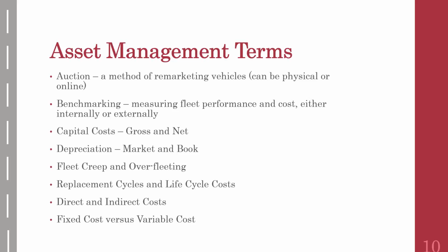And we have depreciation. There are two types of depreciation in the fleet arena. Market depreciation is the change in fair market value of the vehicle over its life. So if you buy a vehicle brand new and it's $20,000 and you get rid of it after 5 years and it's $10,000, you have a $10,000 change in fair market value. Now we have book depreciation, which is different from market depreciation in that book depreciation usually is an accounting term that describes an amortized amount of depreciation every month, or straight line depreciation where it doesn't vary.